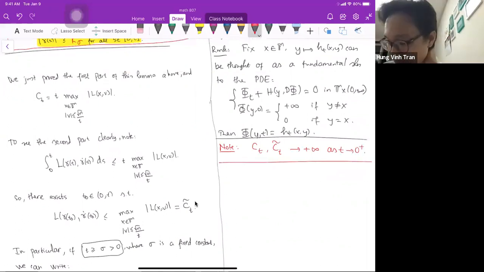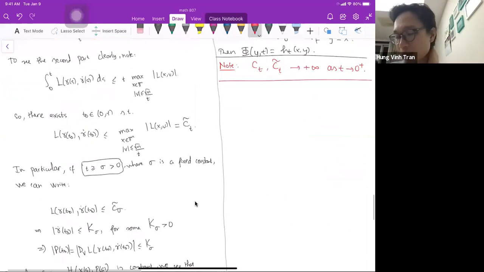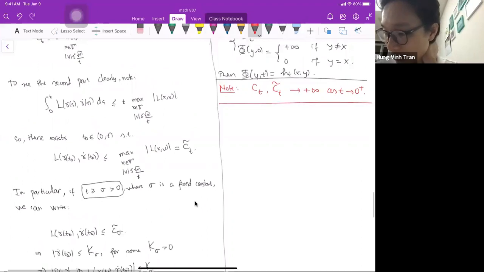Okay, now let's prove the last piece of the puzzle for today. And as you see, it's quite simple. Why is it simple? Well, we are using the fact that our curve is already nice, C^k and stuff like that, right? So to see the second part, I'm using that